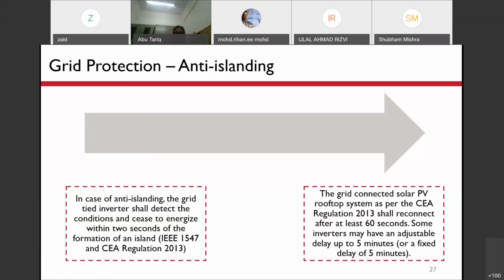This is such an important feature that it has to be tested whenever we go for commissioning. We have to see whether this feature is available and whether it is functioning properly. For that, some tests will be done at the site before commissioning.